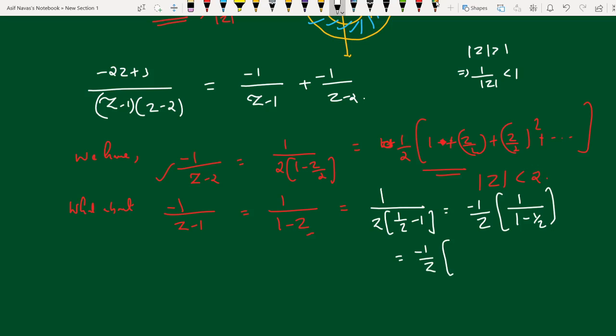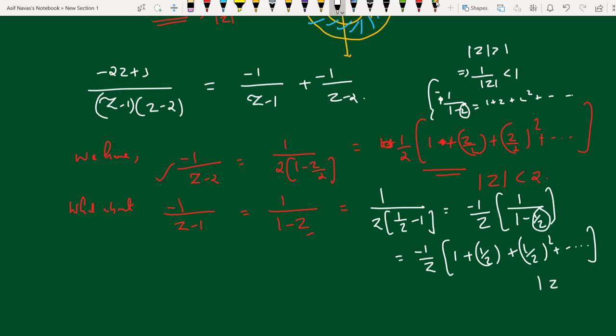Minus 1 by z, now we will use this expansion: 1 by 1 minus z is 1 plus z plus z square plus etc. Here instead of z, we have 1 by z. So this is 1 plus 1 by z plus 1 by z square plus etc. So this is valid when mod 1 by z less than 1, which implies mod z greater than 1. So for 1 less than mod z less than 2,